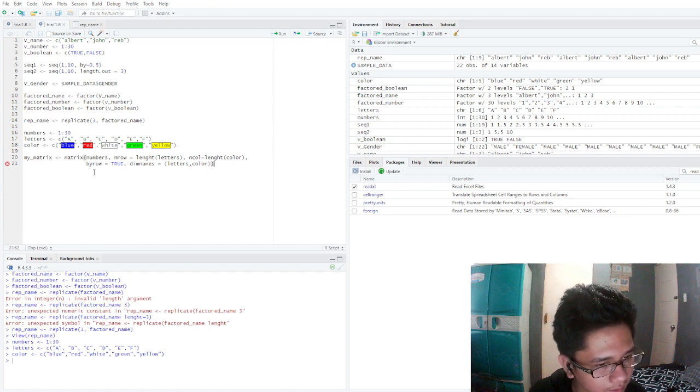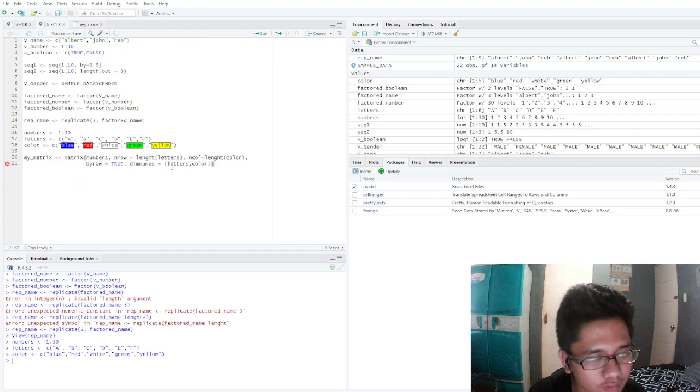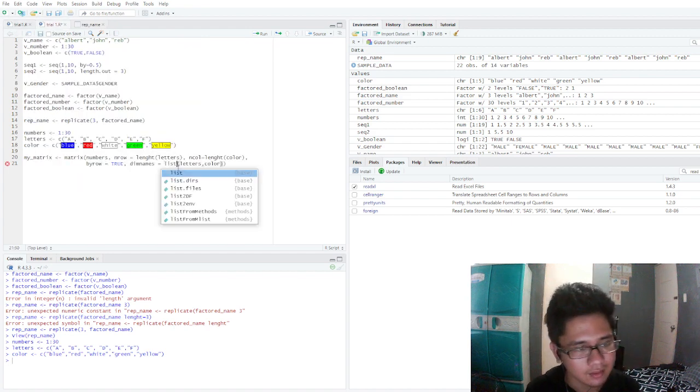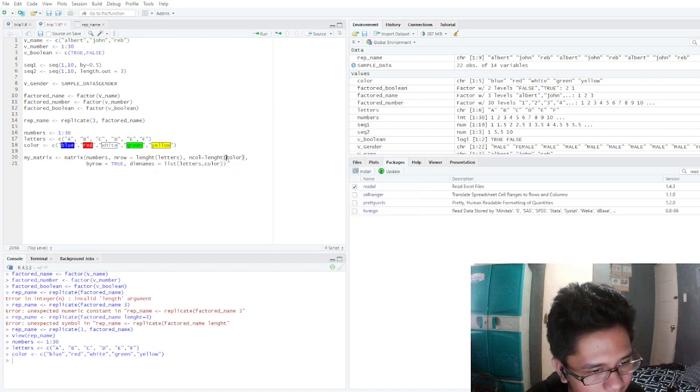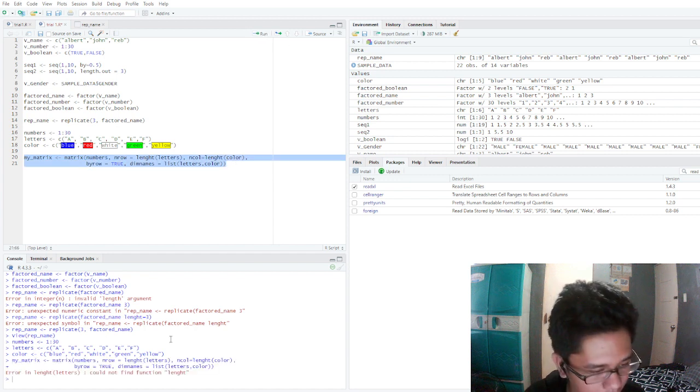Why is it like this? Bio is, let me check on this. Bio is your team names. Oh, we have to list it. Here, we have listed it. And that looks good. Let's see the matrix. And then run. Error, cannot find the length.